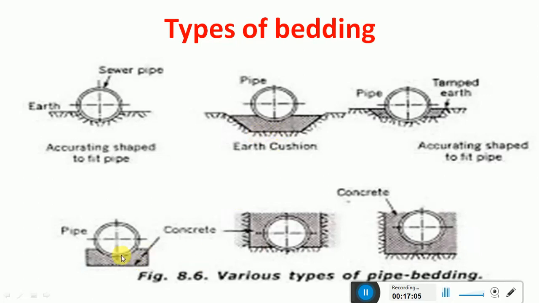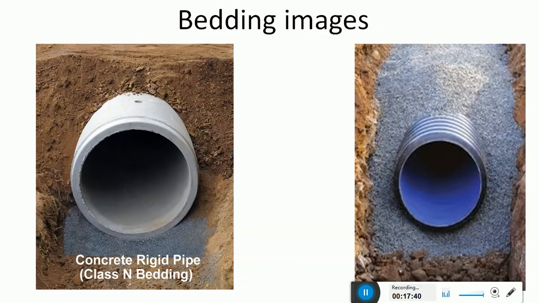In case the soil is loose, then we provide the concrete bedding as shown in the figure, over which the pipe is laid. This is called encased bedding. If the soil is very loose and you have a very high overburden pressure, as in highways or due to heavy traffic movement, there are chances of more overburden pressure which may damage the underground pipelines, and if the depth of excavation is very less, under those circumstances we may have to go for this enclosed concrete bedding.